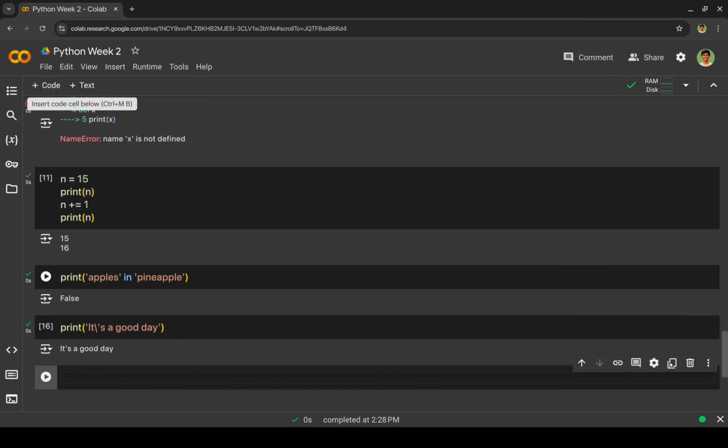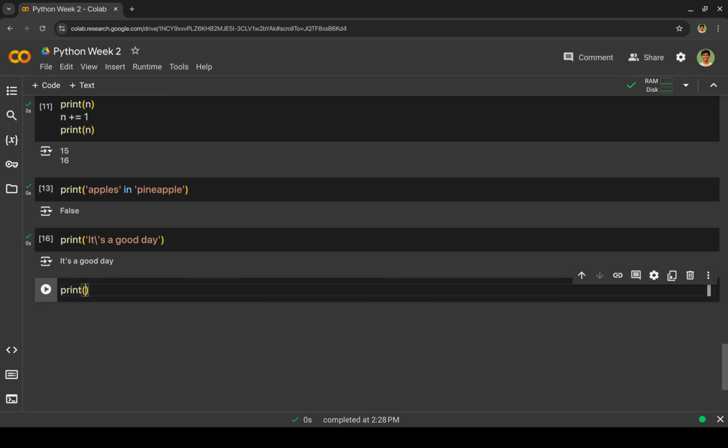Okay, now I'm trying to print something. Okay, let's run it and see. So it printed whatever I wrote in the print statement. So what if I want to see the output in two different lines. Okay, I want to see I am Anil in one line, and then I am from Hyderabad